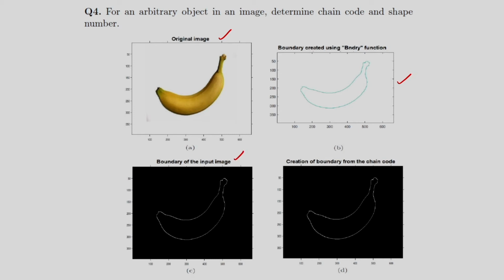The concept of the scene code I have already explained, and after this I can reconstruct the boundary from the scene code. So in the fourth result, that is the fourth image, that is the reconstruction of the boundary from the scene code. So this problem you can try, that is first from the boundary information you can determine the scene code, and again from the scene code you can reconstruct the original boundary.